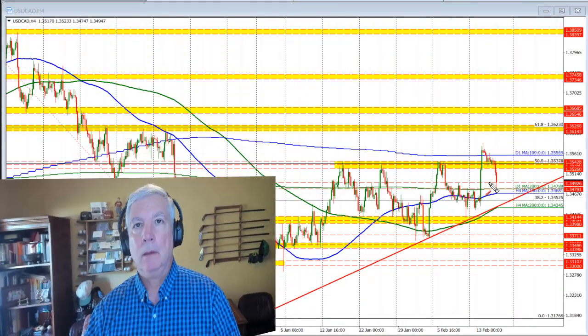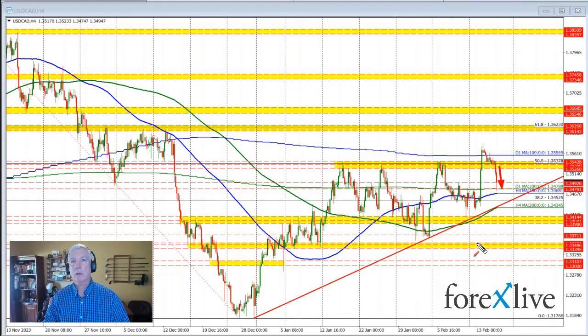Take a look at the dollar versus Canada. So let's get started. The dollar has been moving lower in the North American session, and in the process for this currency pair, the price broke below this swing area here. The swing area on the 4-hour chart represents a number of different swing highs that form this ceiling